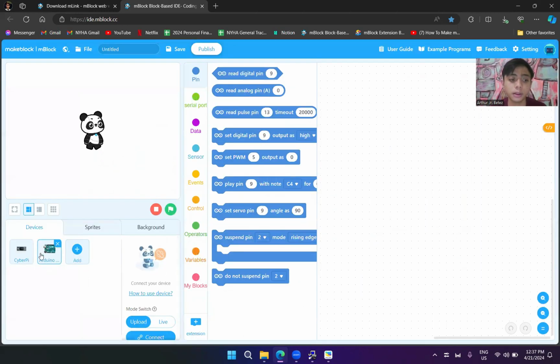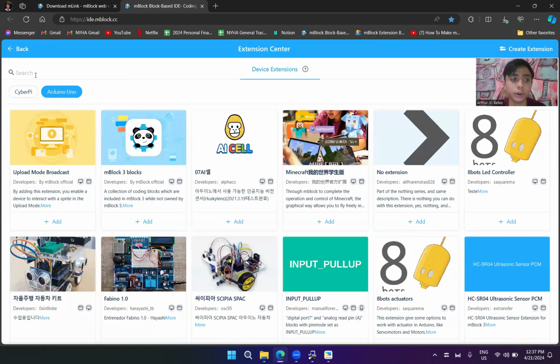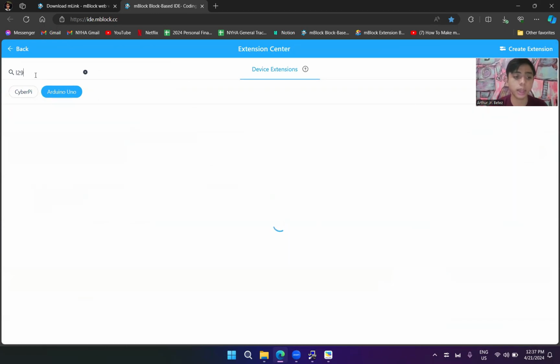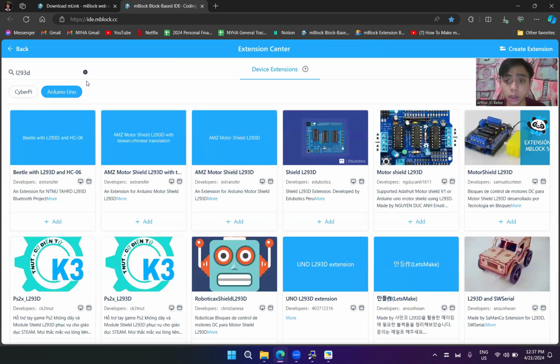Once done and selected, we go to the left side of the middle portion where we can see an extension. We click this extension and search for L293D. Again, that's L293D. There will be many extensions for L293D, and this is the one that we will use.